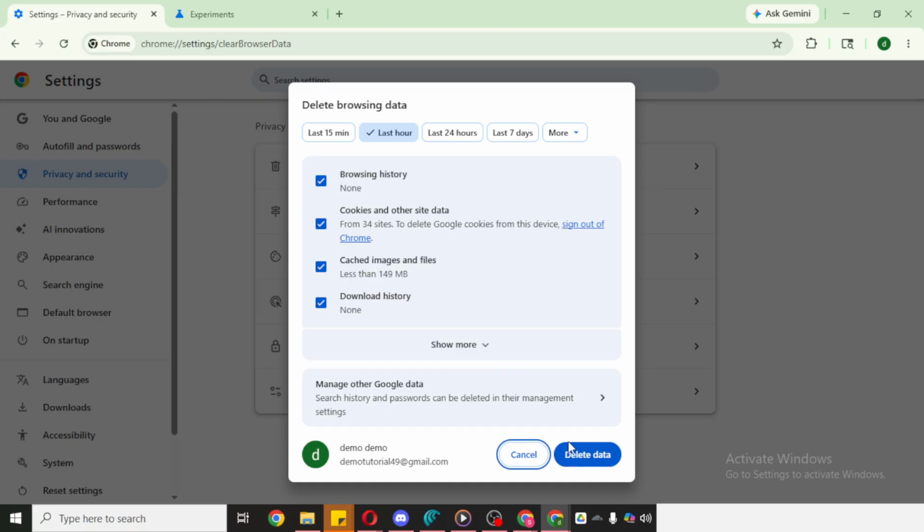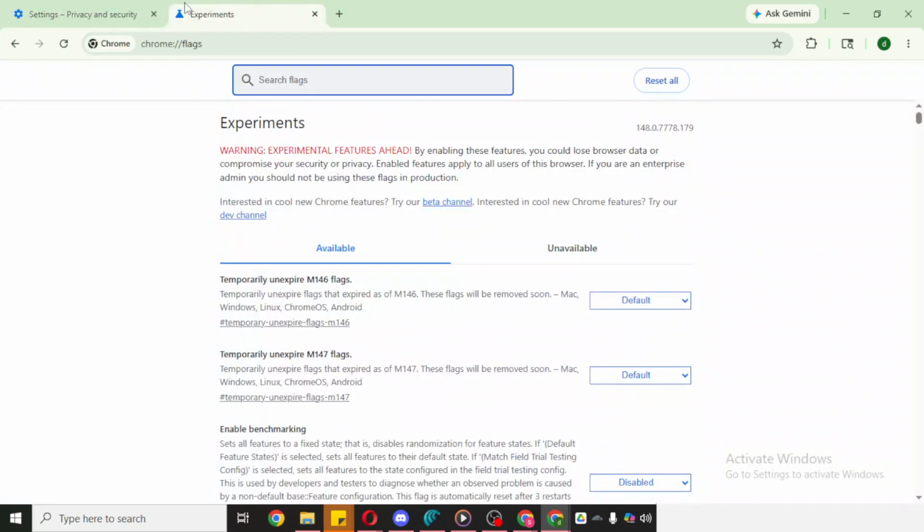Next, we'll enable a built-in Chrome feature that can accelerate downloads. Click the address bar at the top and type chrome://flags, then press Enter. This takes you to Chrome's experimental features page. These options are safe to explore when you know what you're changing, but they're not all finalized, so proceed with care. In the search box on that page, type Parallel Downloading.